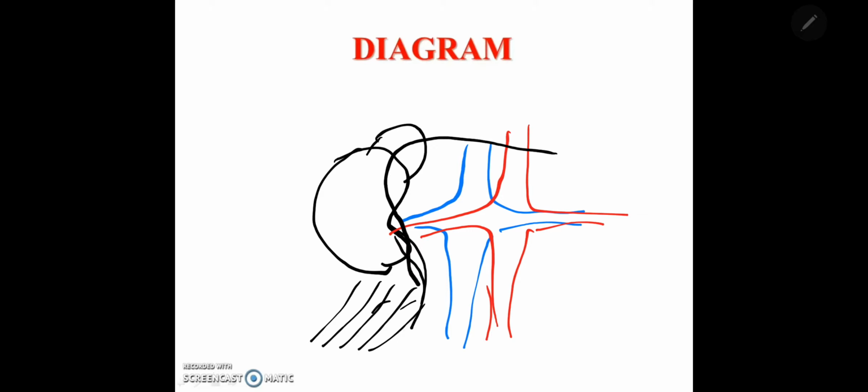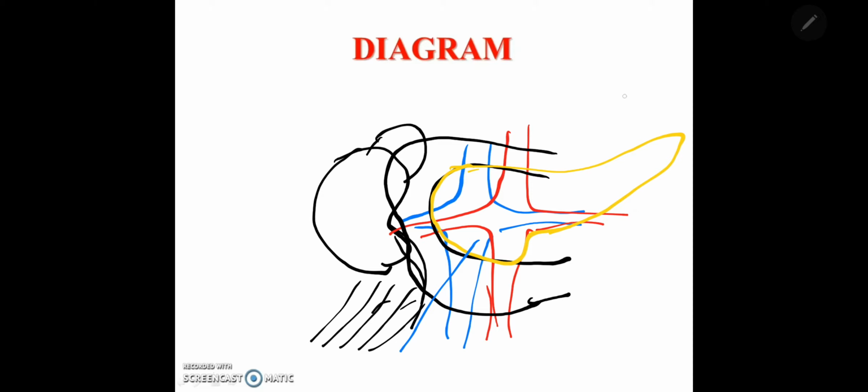So here you will notice like this. This is the duodenum, and within the concavity you are seeing the pancreas, and these big vessels are going in front of the superior mesenteric vessel going in front of the third part of the duodenum, because during development when midgut returns to the abdominal cavity from the physiological hernia, the duodenum goes behind the superior mesenteric vessels. That's why superior mesenteric vessel is running in front of the third part. That is what you are observing.